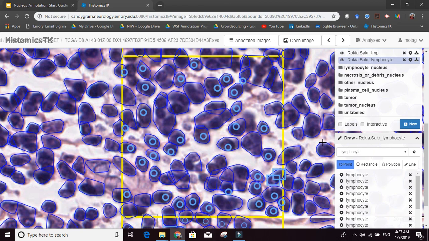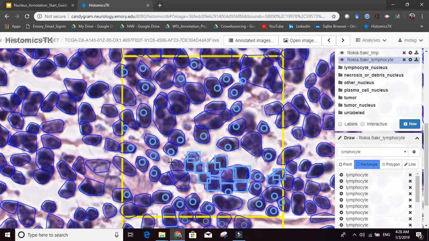Now, let's find lymphocytes where the algorithm didn't really get the boundary correct. So now let's put all the rectangles. So you can see there's a lymphocyte here, there's a lymphocyte here where the boundary is just completely wrong. There's a lymphocyte here, there's a lymphocyte here. So what you want to do is grasp the full extent of the cell of interest, right? You also don't want to be too large though, so you want to be exactly at the boundary or exactly at the size of the cell.